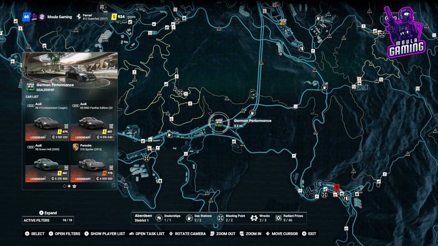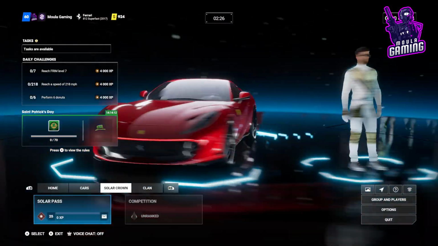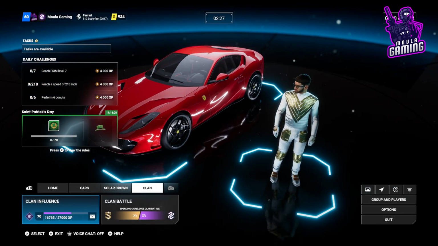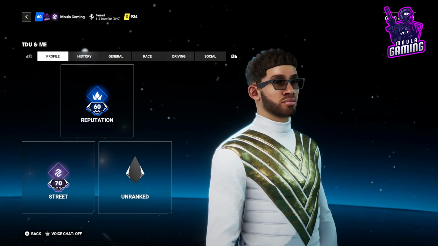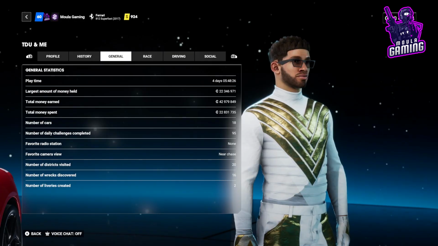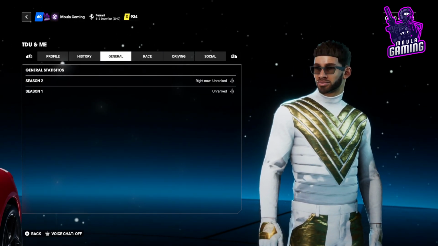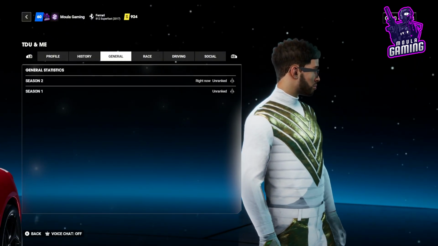How are you supposed to... I'm at 20 mil, right? I'm at 20 mil. Where's my profile? Me. Profile. I'm level 70 right there. I'm street 70, reputation 60. His general. I have 4 days, 5 hours and 46. In this game, I've made...